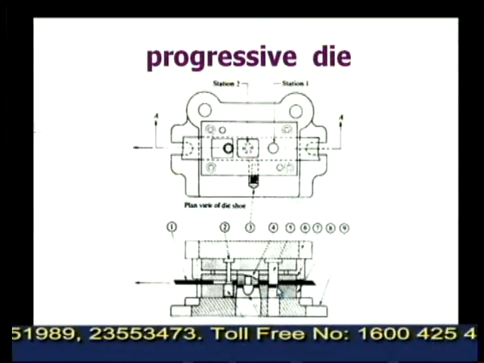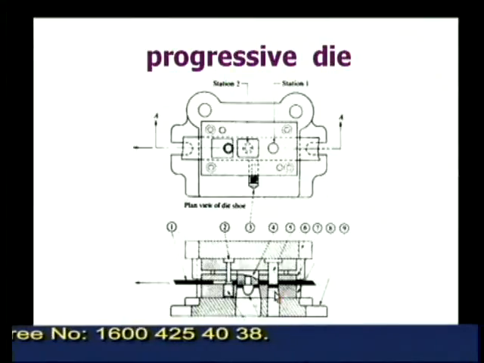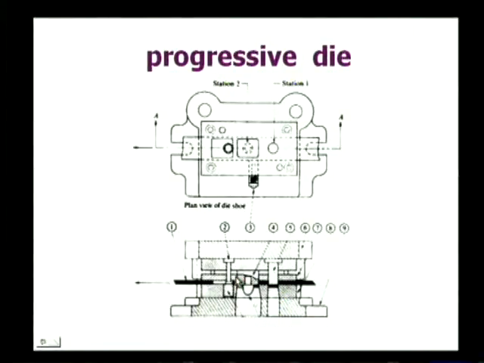So this is one punch where the first hole is manufactured, and it is moved to the next station where exactly this locating pin locates the workpiece properly, and this punch punches and blanks the component. So thus two operations are completed in two different stations,